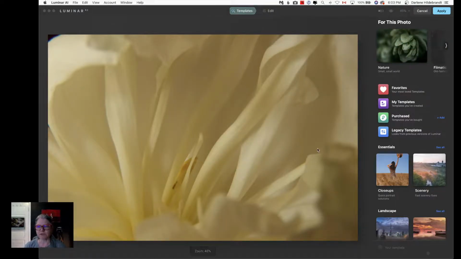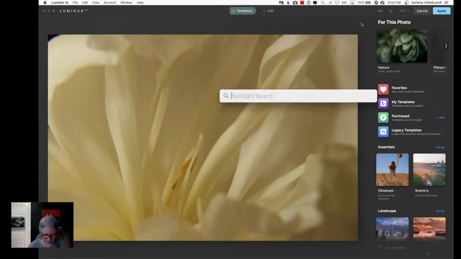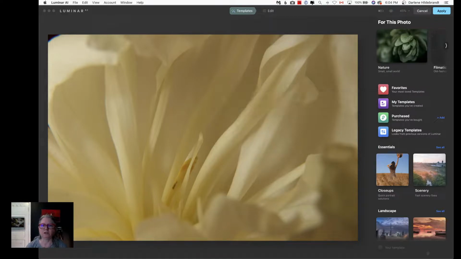All right, so once we've got the image open inside of Luminar, the first thing that comes up is templates. If you're opening Luminar as a plugin, you're going to see an interface that looks like this. Let me just turn on my little cursor here so you can see what I'm doing. All right, here we go. So you'll see this type of interface. You won't see catalog, because your catalog is based in Lightroom,